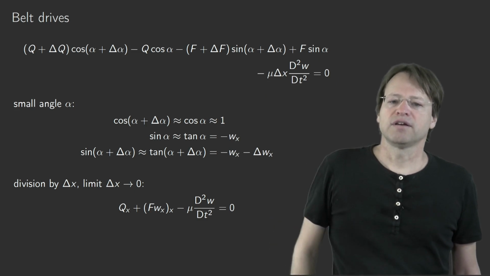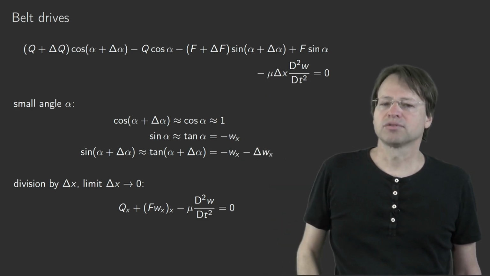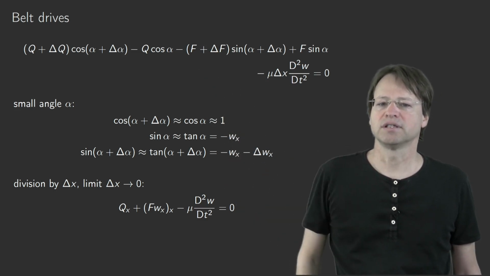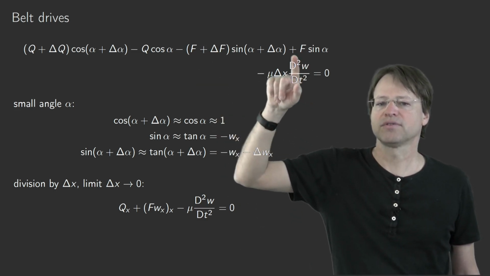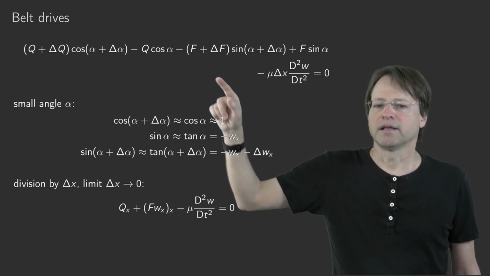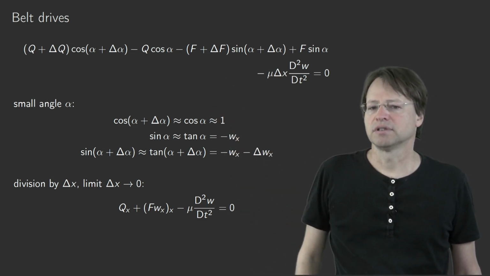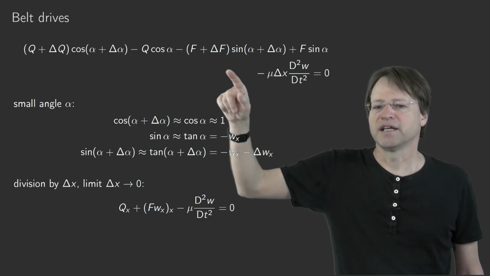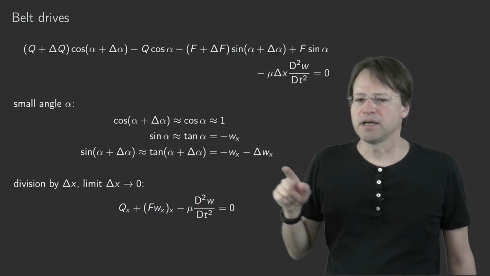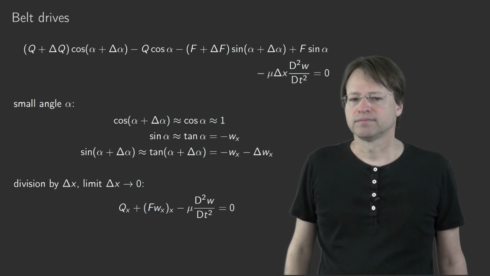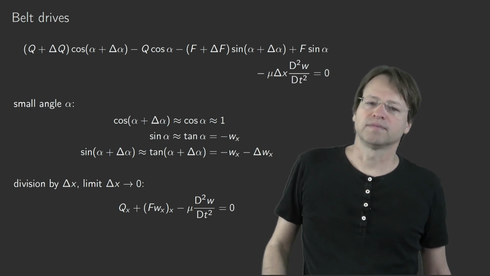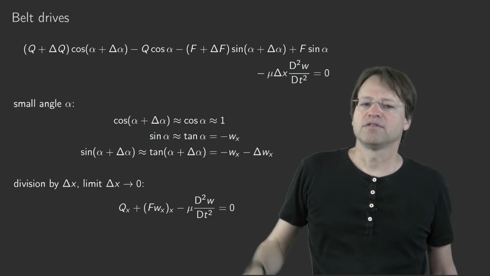On the other hand, you have f times w_x, so the zero order term will cancel with the f w_x here. This one will then be positive, this one will be negative. The remaining terms are then f delta w_x and a delta f w_x. And if you divide by delta x and take the limit value, then according to the differential calculus, you arrive at